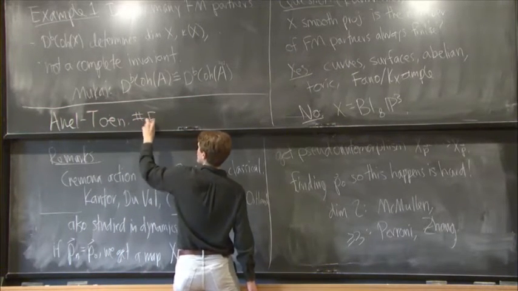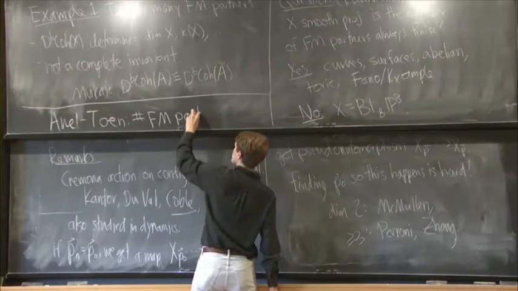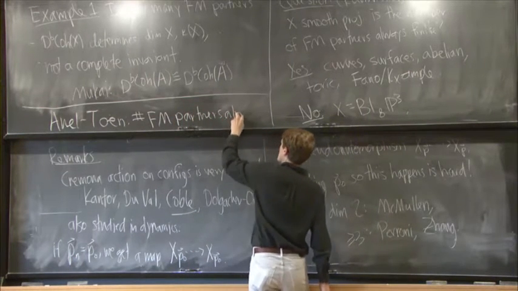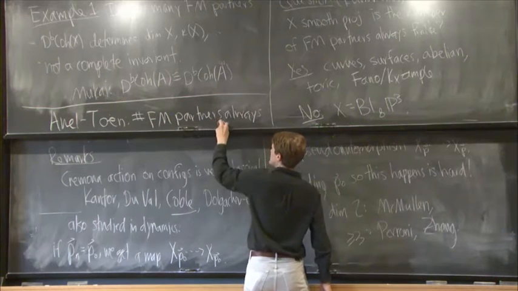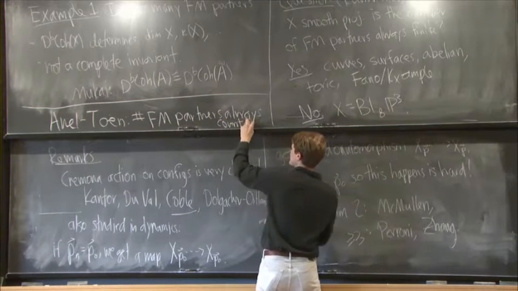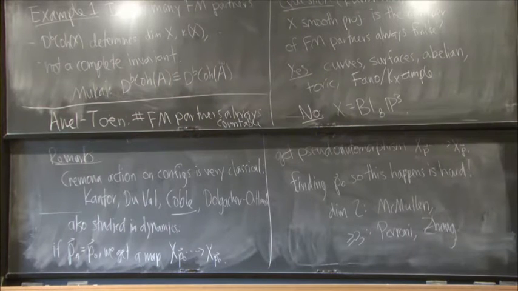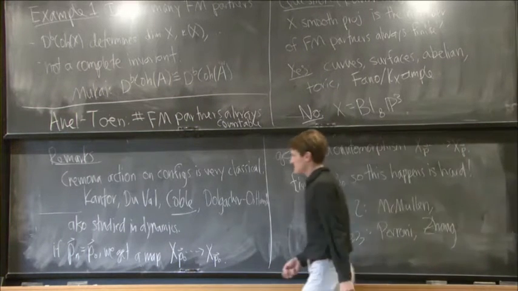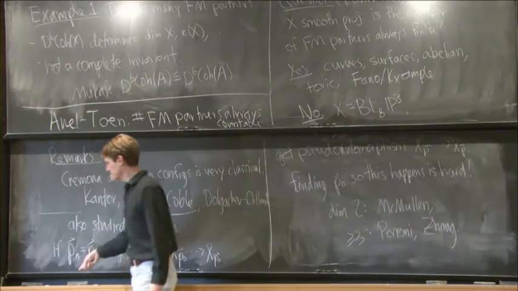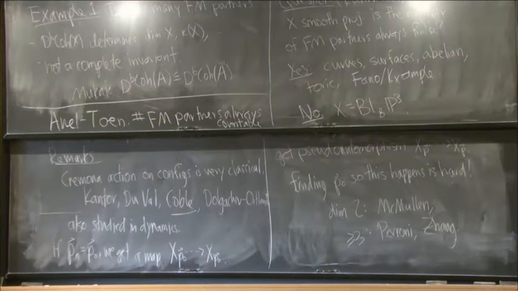The number of FM partners is always at most countable. Sorry, I should have said this at the beginning. Thanks for pointing that out. This is by some kind of Torelli-type theorem for derived categories. So in fact, they didn't just prove a partial result on this conjecture. This is the correct answer in general.